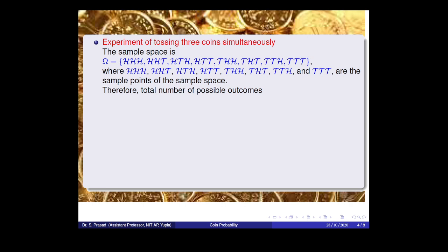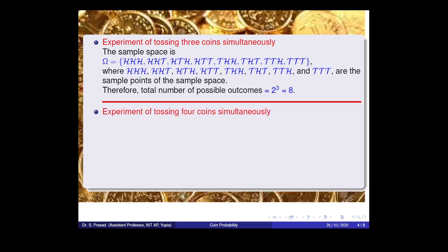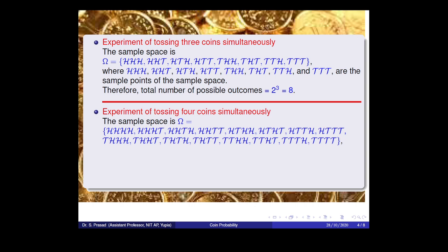Therefore, the total number of possible outcomes is 2 to the power 3, equal to 8. And after that, we find the experiment of tossing four coins simultaneously. The sample space is coming like this. And therefore, the total number of possible outcomes is 2 to the power 4, equal